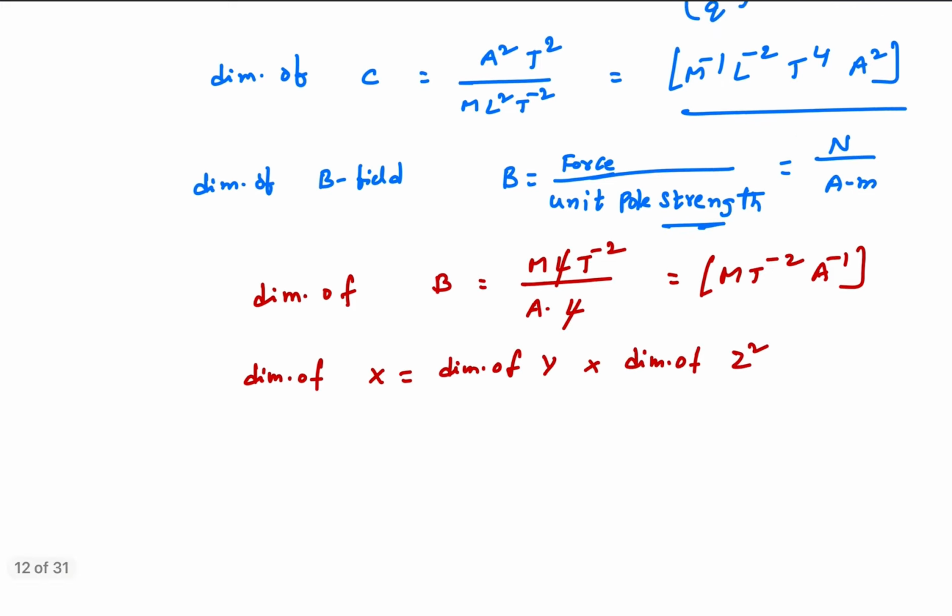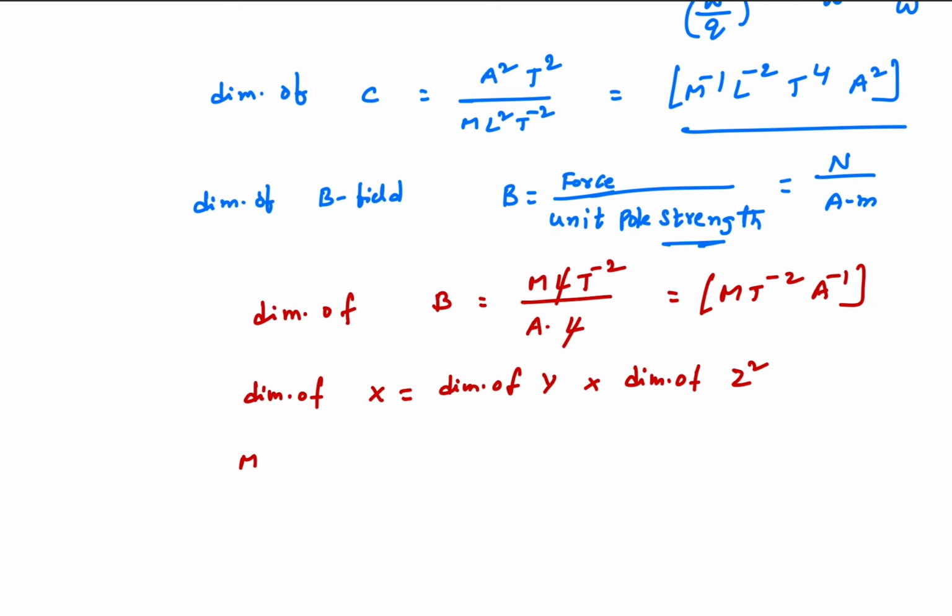What is the dimension of z square here? The x value is M power minus 1, L power minus 2, T power 4, A square,